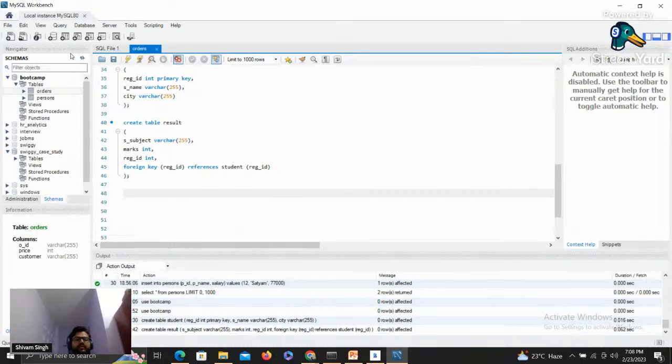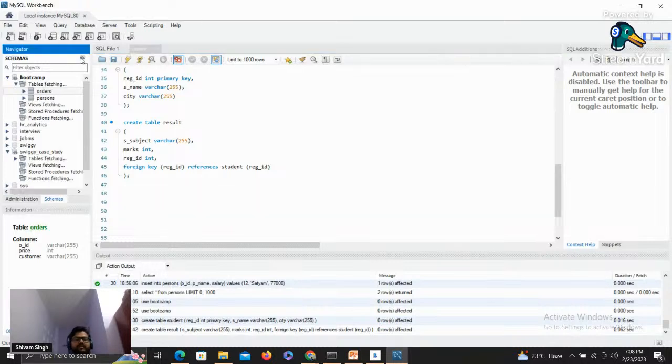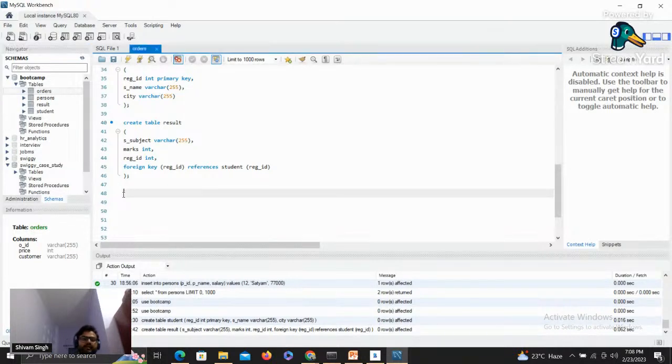Now, if I refresh the schemas, you can see there are two more tables. One is result, the second one is student. Now let's put the values into the tables and see what the role of the primary and foreign key is over here. Okay, so what I can do is write